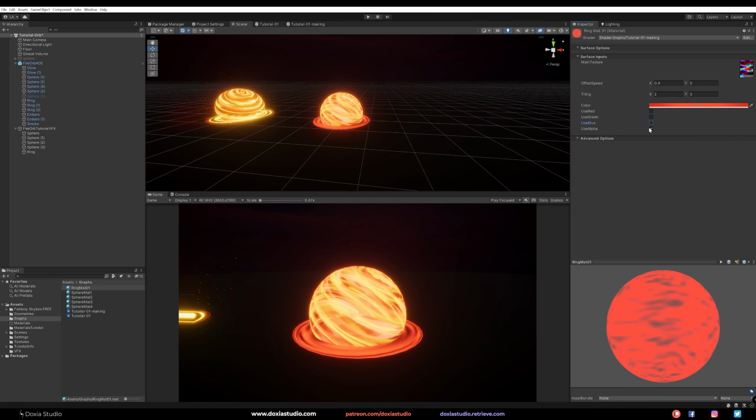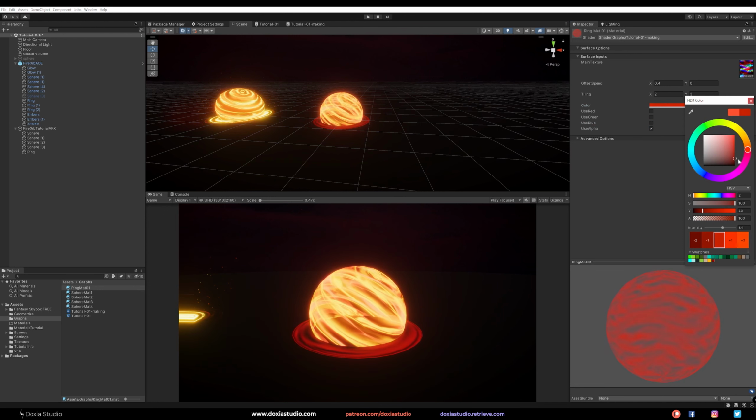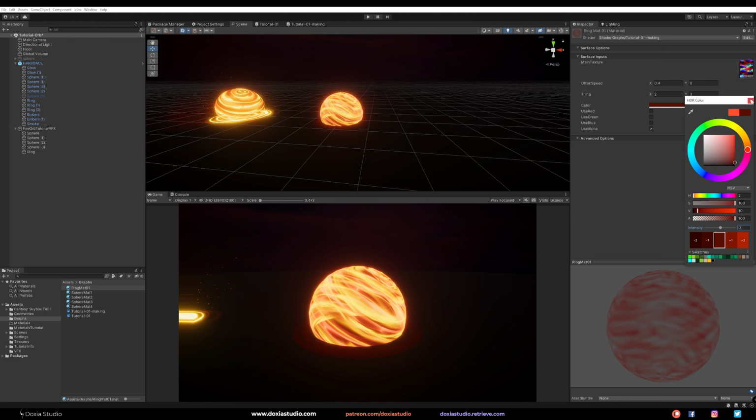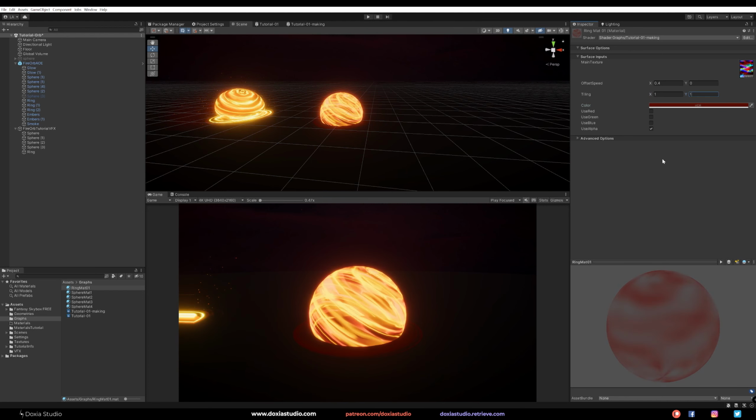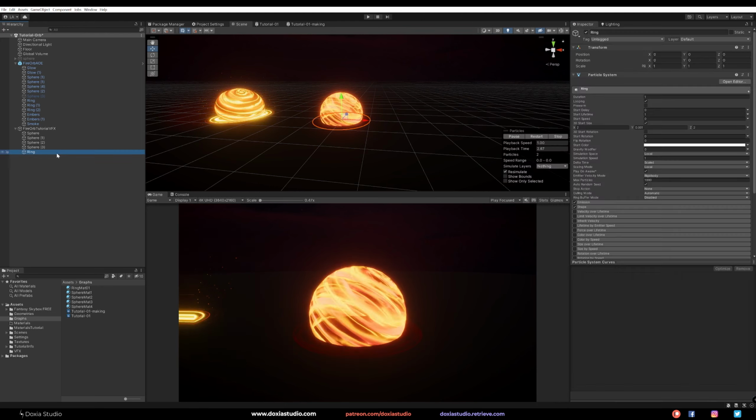Maybe I want the alpha here, but I don't really want a dark one. It looks like this. So now it's just testing, but I think that's cool. Maybe change it to tiling here. Okay, that's pretty cool. So we got one ring.